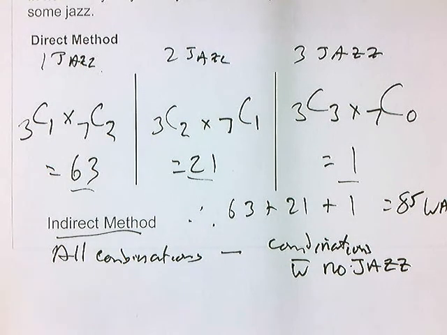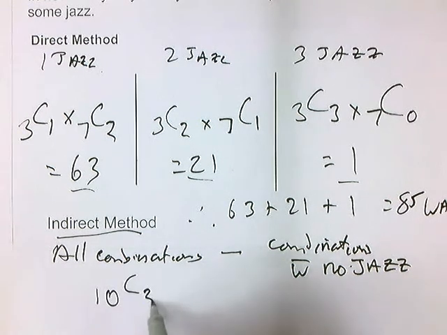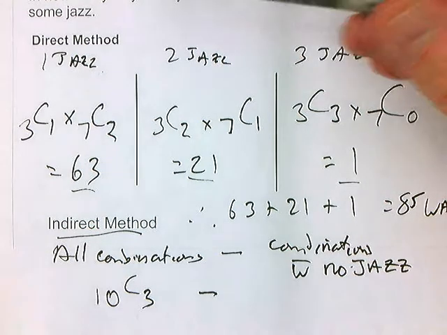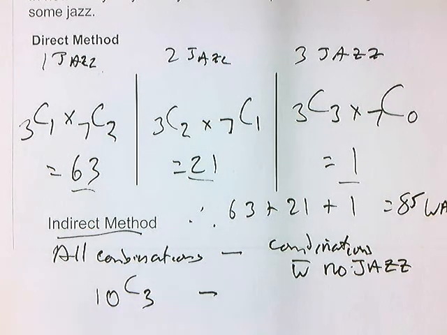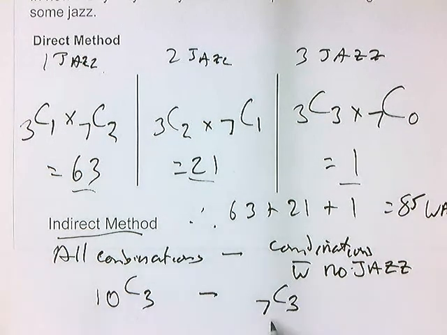Well, all combinations of songs, well, we've got 10 songs, and you're basically choosing 3. Minus the combinations of no jazz. Well, that would be like saying, well, the 7 songs, we've got 5 rock songs and 2 blues songs, so that's 7. So you're basically choosing 3 songs from those 7, the 5 rock songs and 2 blues songs, or tunes,